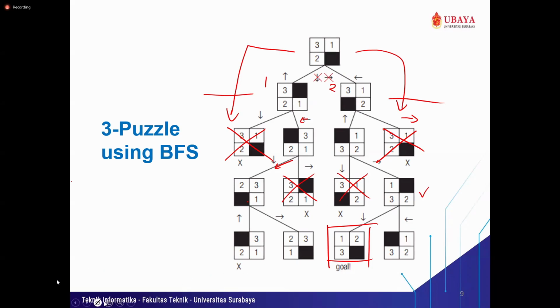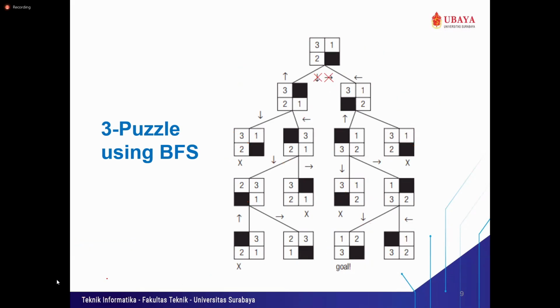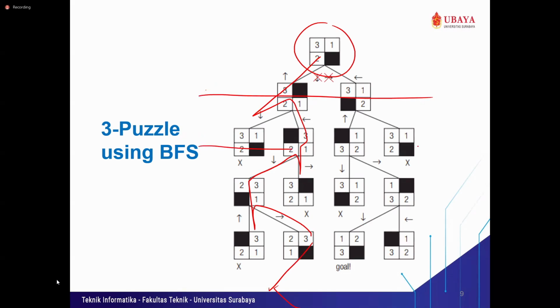Again, for DFS or depth first search, when you try to seek the goal, it will move unstoppably in one route, like this. Boom. And so on. In BFS, it will check layer by layer. First check the first layer, check the second layer, check the third layer, check the fourth layer, and so on.